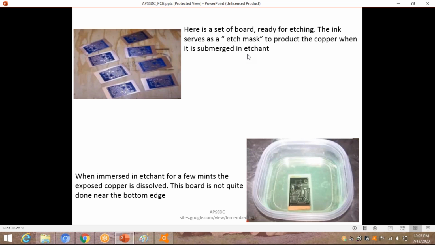After printing the PCB design in a PCB board, we need to etch the